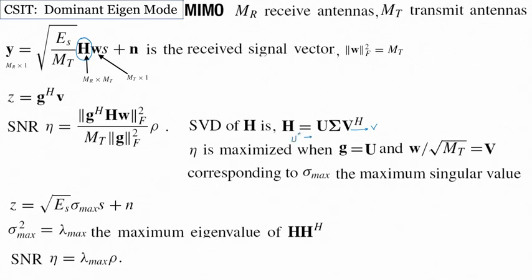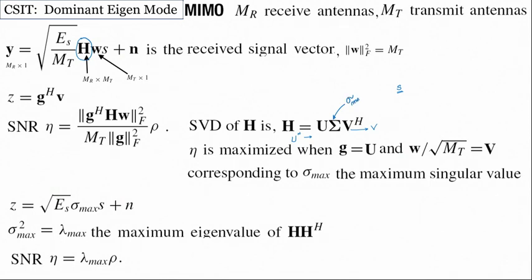And since it is a diversity mode, only one signal is sent. From the diagonal singular values, we take the one corresponding to the maximum eigenvalue. For this, we choose the vectors from U and V which correspond to the maximum eigenvalue and use them